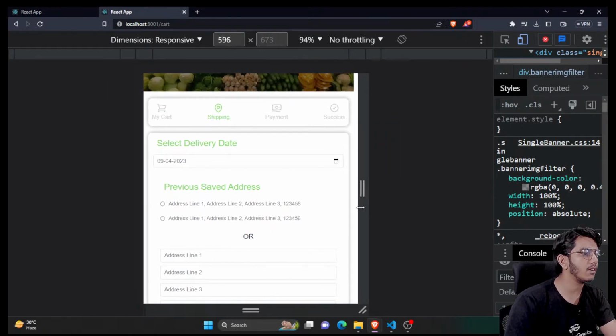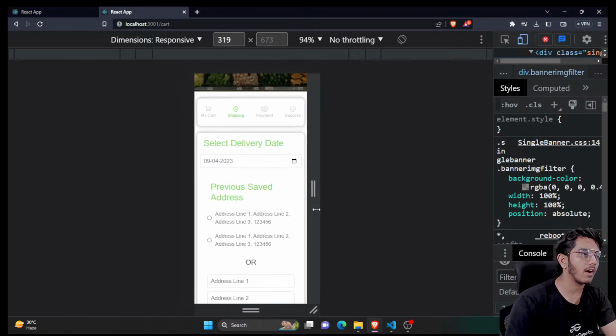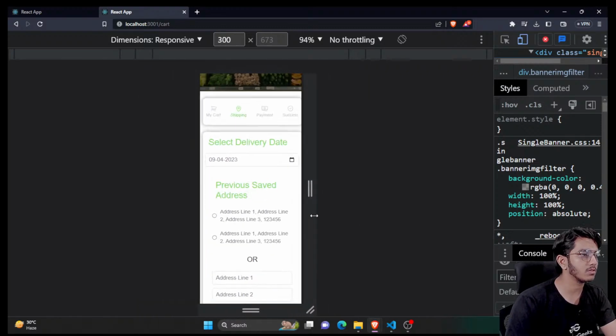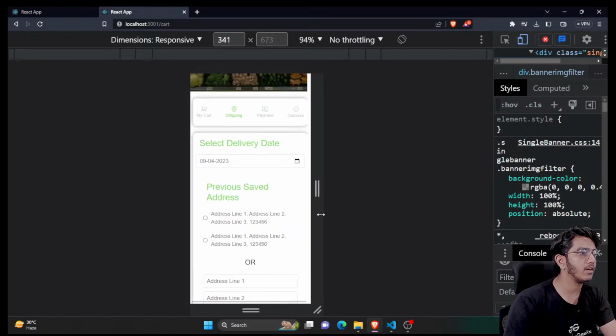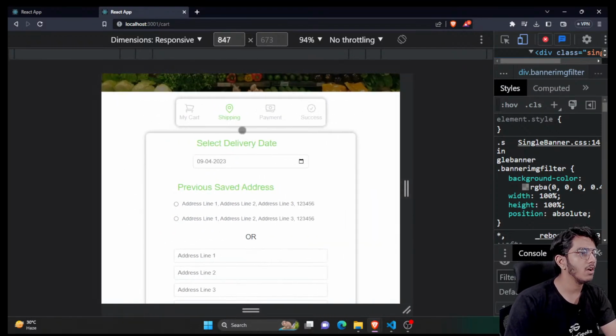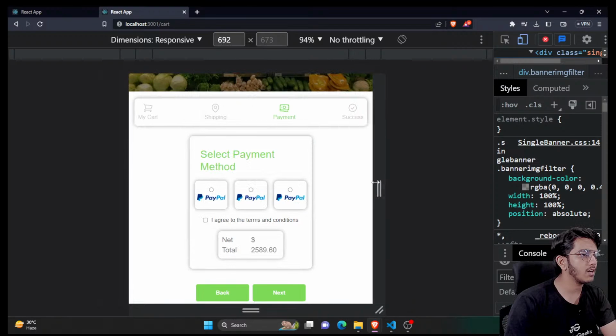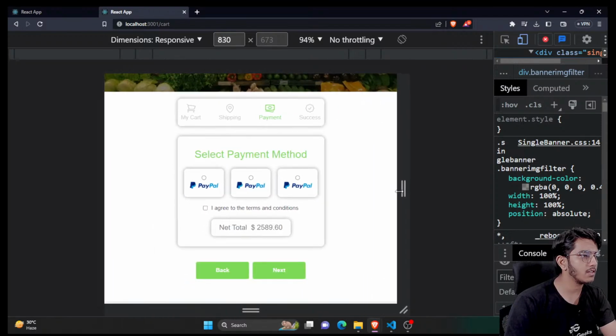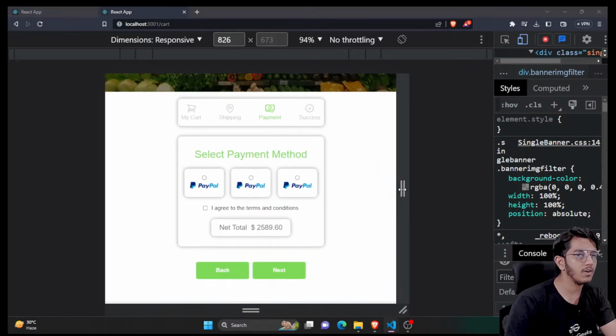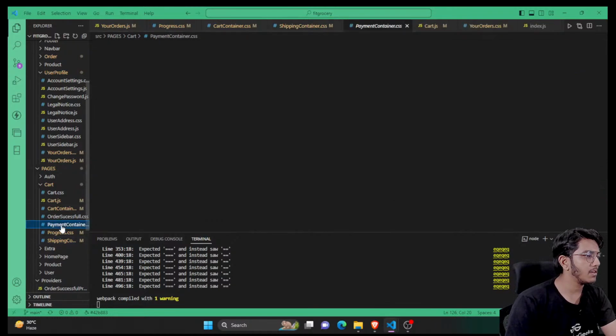So you can see that it's responsive. I don't think we need to make it more responsive. It looks fine, and below 300, if you want, you can make it more responsive. Now if I go to the payment section, for a lesser size, you can see that it looks bad. So what we'll do is, again, in the payment container,